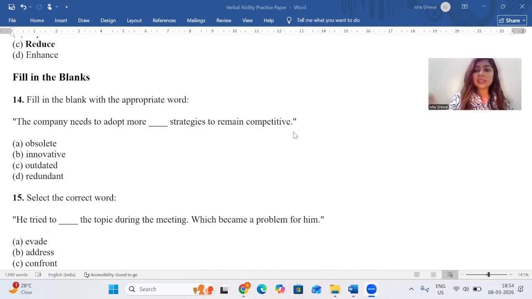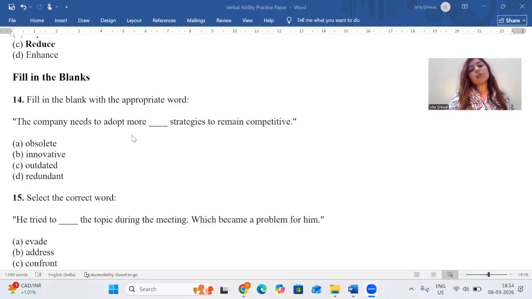So whenever you are reading the statement, understand what is expected of you to fill in the blank, whether it is a positive word, a negative word, or a neutral word. According to that, find out the answer. According to that, consider the options, because there might be a possibility that you do not know the meanings of the words given to you. So in that case, even if you are making a guess, understand that if a word is starting with in or dis, it is going to be negative. If a word is starting with un, it is going to be negative. So when the root words or the prefix and suffix come up together, that helps you understand what kind of word is going to be in the blank, right?